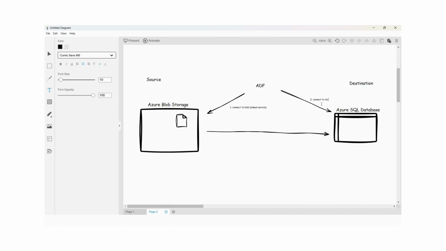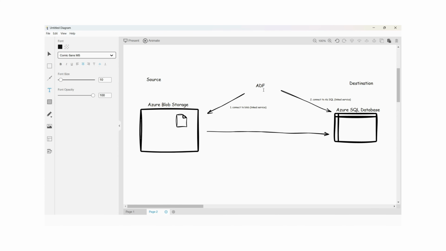So we need to create one linked service for blob, one linked service for SQL. Azure Data Factory has inbuilt connectors. You don't have to write any code. You just need to use the built-in, ready-to-use connectors available. I'll show you how to do that. So once you establish that connection,